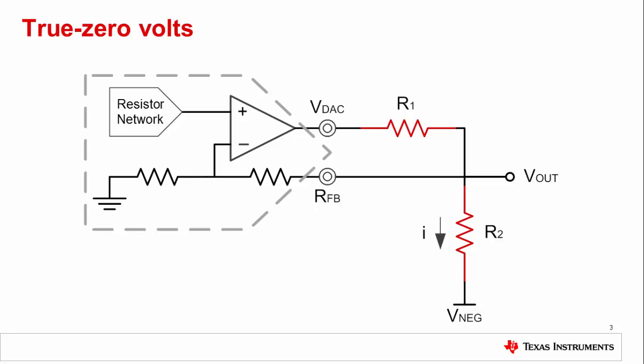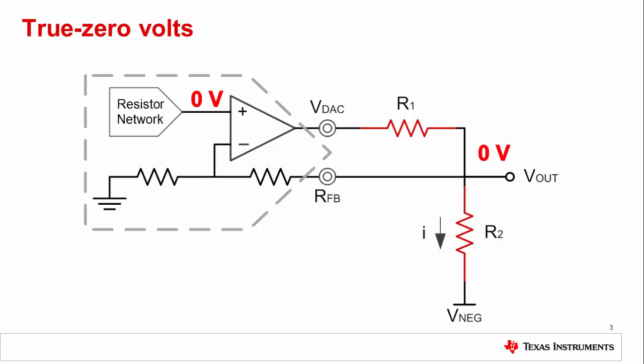This is a simple circuit that makes the output of the amplifier never have to get too close to ground. Note that this solution requires that the feedback pin of the DAC is exposed, and it also requires a negative supply rail. To explain this circuit, let's assume that it works, placing 0 volts at Vout. In order to get this 0 volts, the resistor network output will also have to be 0 volts. Remember that the zero code error is not caused by the DAC but by the output buffer, meaning that 0 volts from the resistor network is possible.